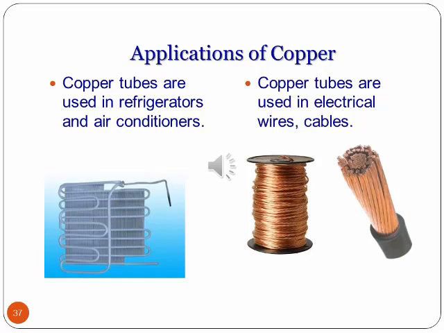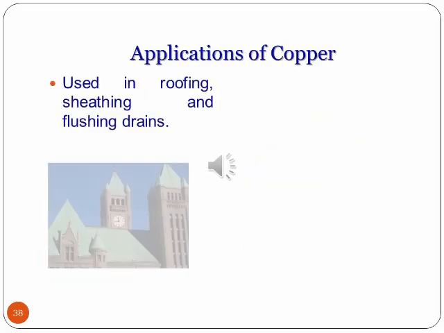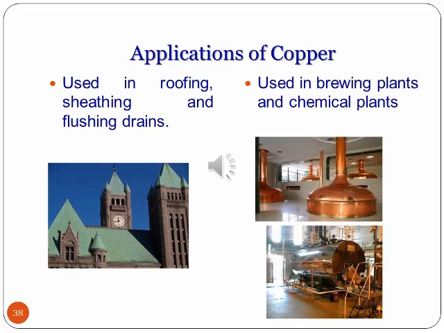So here the application of copper. Copper tubes are used in refrigerators and air conditioners. You can see the example here below. Copper tubes are used in electrical wires and cables. Copper is also used in roofing, in sheathing and flushing drains. It is used in breweries, in brewing plants and in